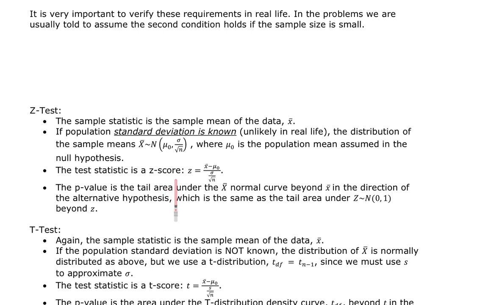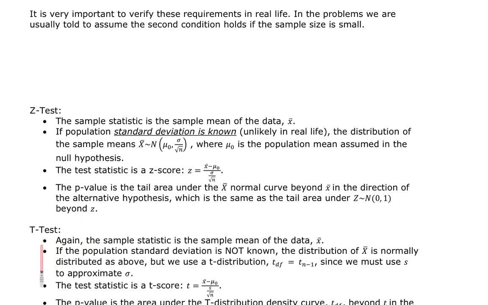We find our z-score by doing x bar minus mu naught, divided by sigma divided by the square root of n. The p-value is the tail area under the normal curve beyond x bar in the direction of the alternative hypothesis, which is the same as the tail area under the standard normal distribution